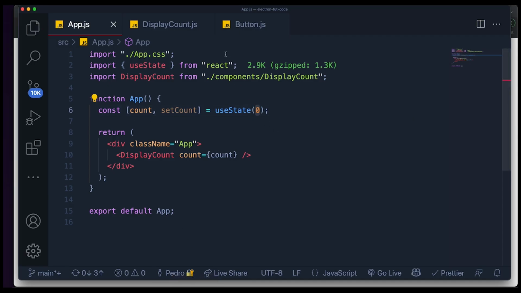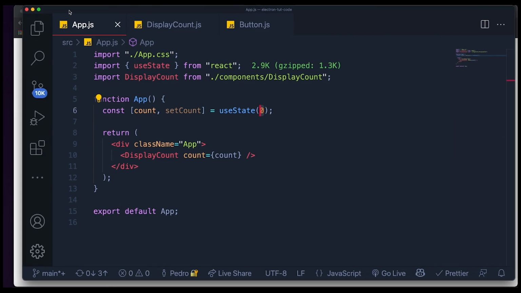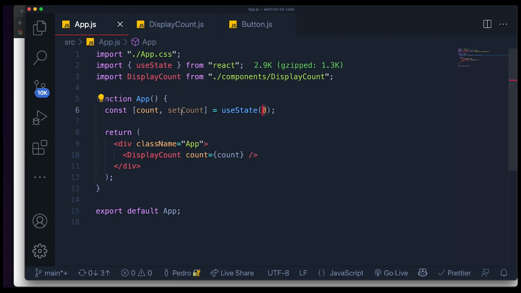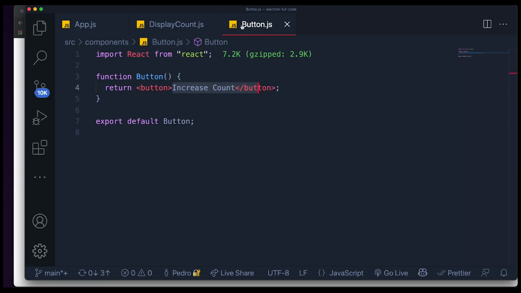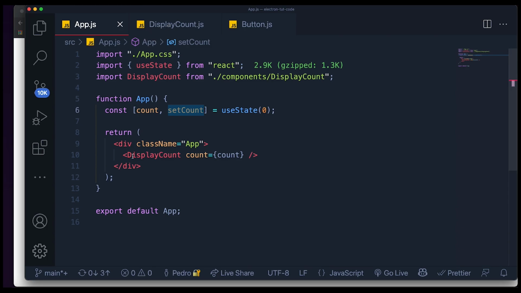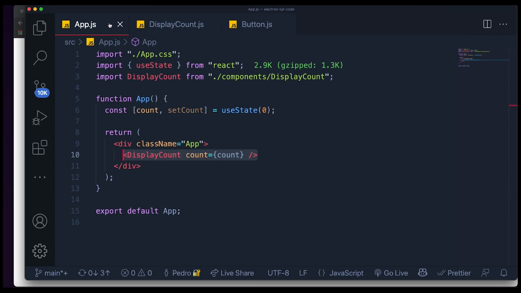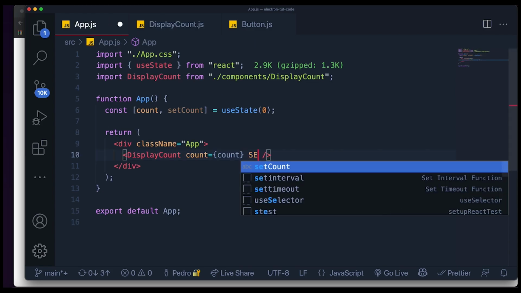But there's a problem. I want to increase the value of this state over here by clicking on the button. So I need to have this access this function over here, setCount, inside of the button.js component. But I can't do that because we're not calling the button.js component from the app component. We're calling it from the display count. So technically what we need to do is we need to pass this set count